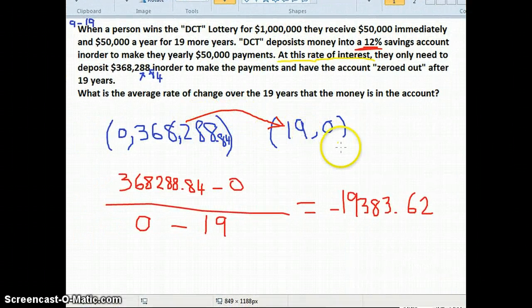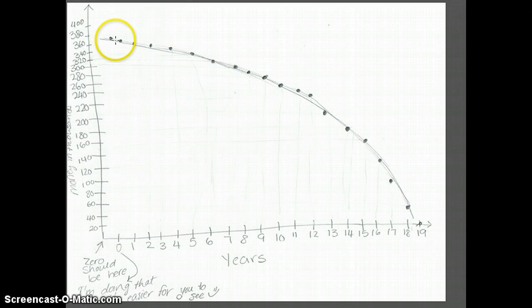But you're doing it for each 2 points that you have. Okay, so I'm not doing that part. E, do any of these match the average rate of change for 19 years? And again, the answer is no, because it's not dropping by the amount of money that we figured out. We're getting more interest. So it's not matching the answer to question A, where it was